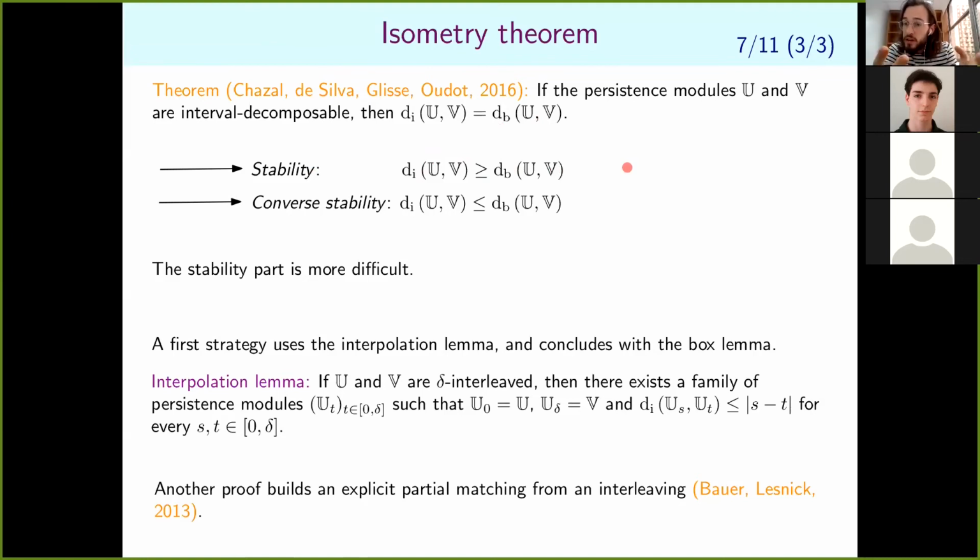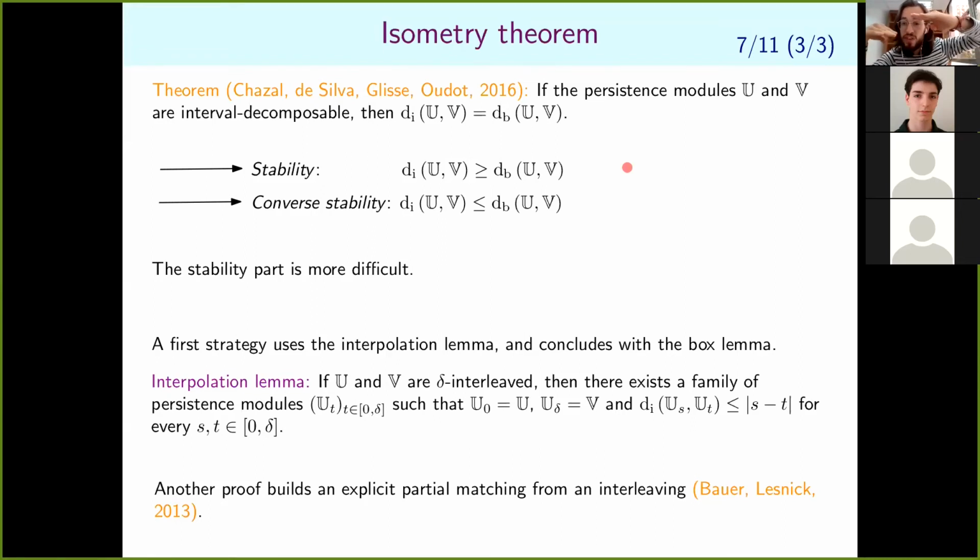Take an epsilon interleaving. You want to build an epsilon partial matching, but how do you build a matching from an interleaving? A matching is an algebraic notion, and it does not really behave well with the bars, because an interleaving may mix the bars together. This is not easy to do. What is easier to do is